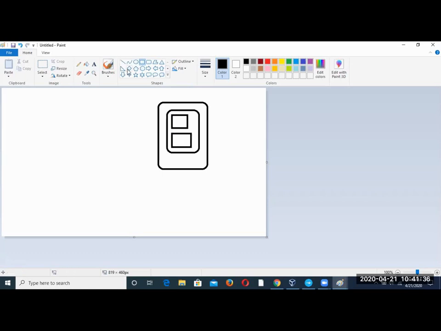Now, if you look at this container, in this container, what we published it, let's say on port 80.